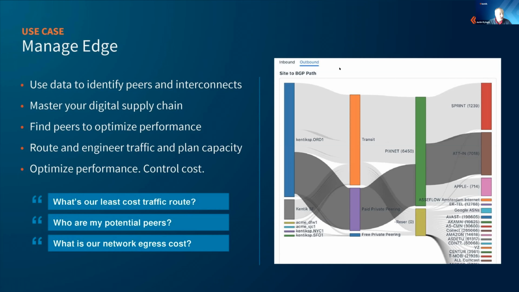Which kind of feeds into what is my network egress cost. So if I'm paying for transit from one provider, but I could go and get free peering from another provider and reduce the volume of traffic that I'm sending out a transit link, that affects the overall cost to run my network. But we also have enterprises, especially our larger global enterprises, that have very similar pain points when